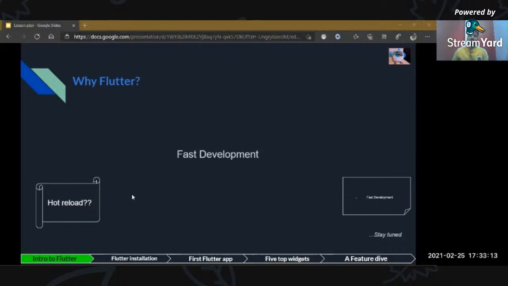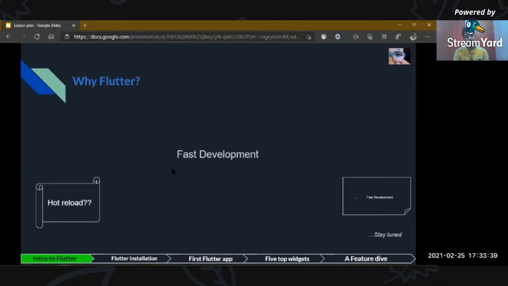So does it mean that fast development is possible with Flutter? It is also possible because of a breakthrough feature that is hot reload.